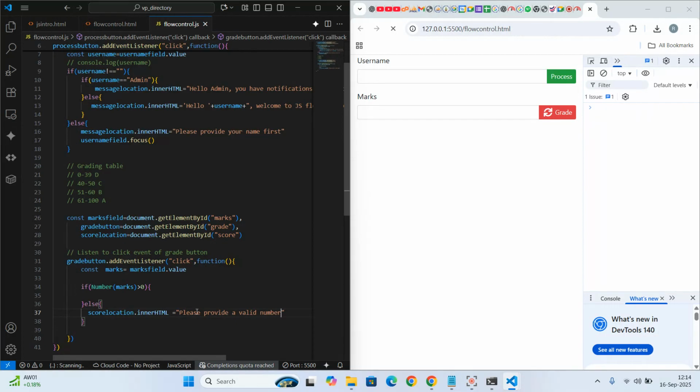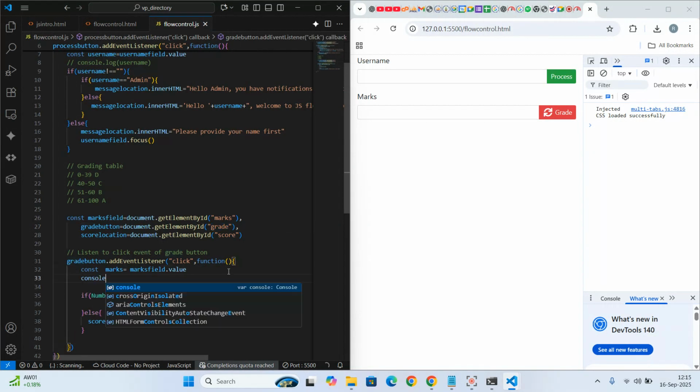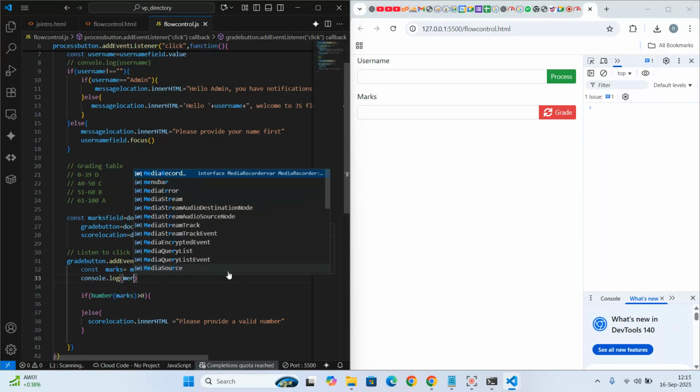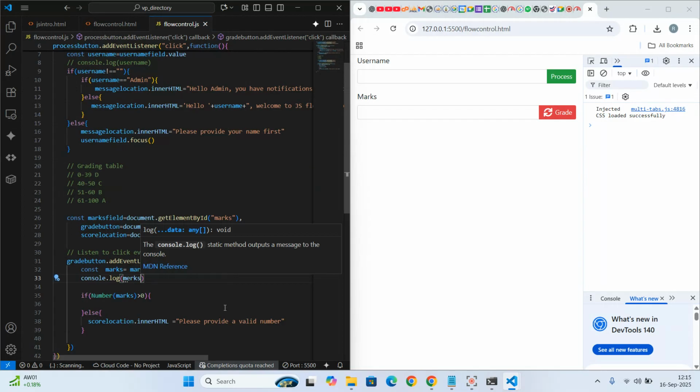So at that point, if somebody types a number that's not valid like that, well, I don't know why the score location, that should have actually worked. Grade is grade. I don't have any errors here. So what I can do here is to say console.log. That's why the console.log is usually very important. Max, not merx, but max. So if I click that,